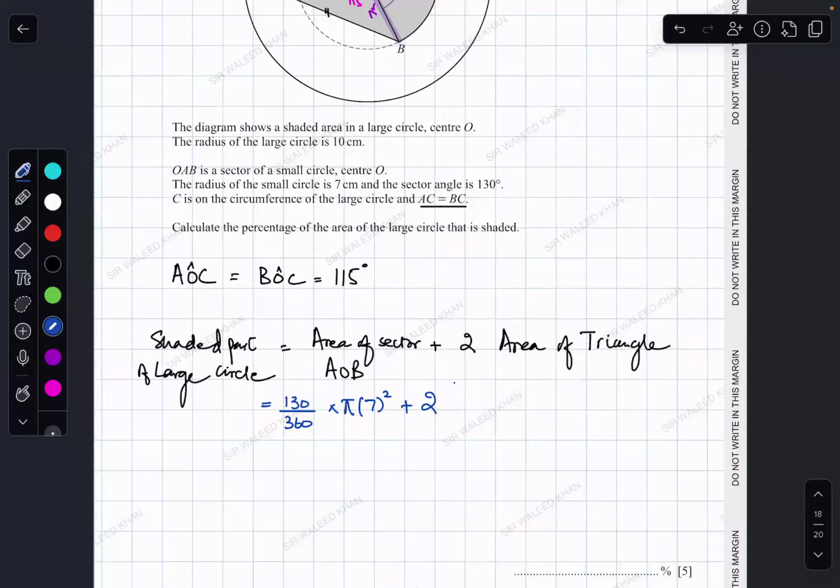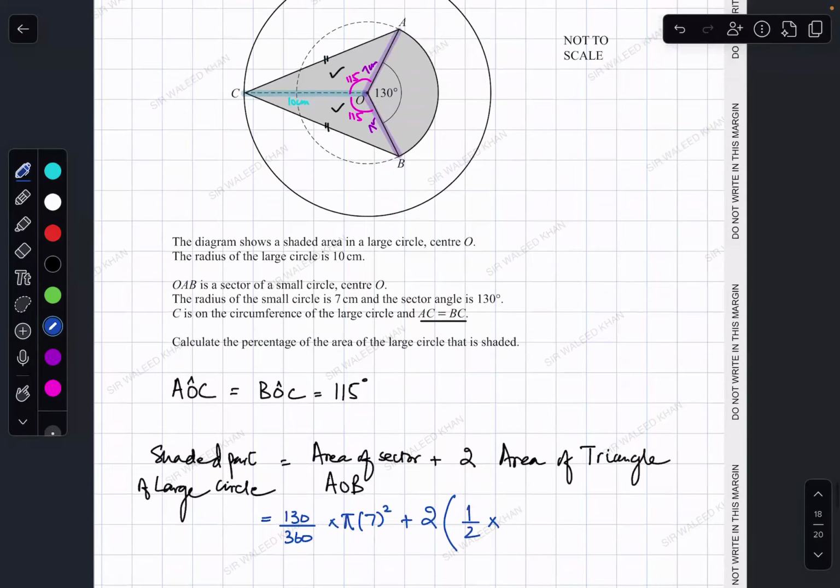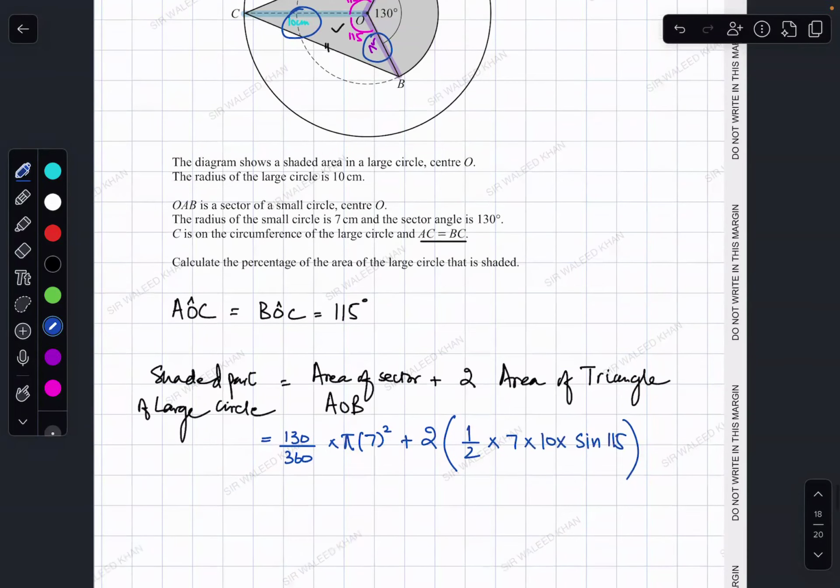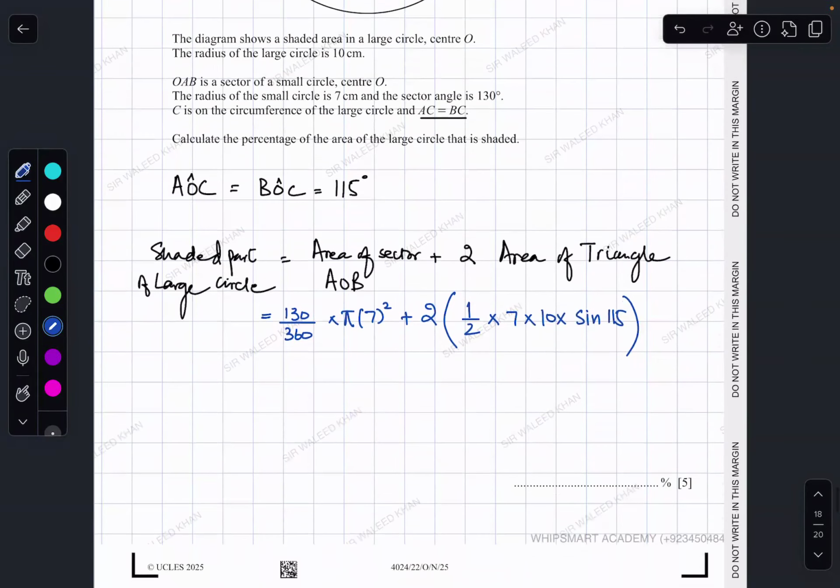Plus 2 times the area of triangle, 1 by 2 into AB. These two sides are given, so AB sine of this angle in between. The 2 will cancel out. So we have 130 by 360 times 49 pi